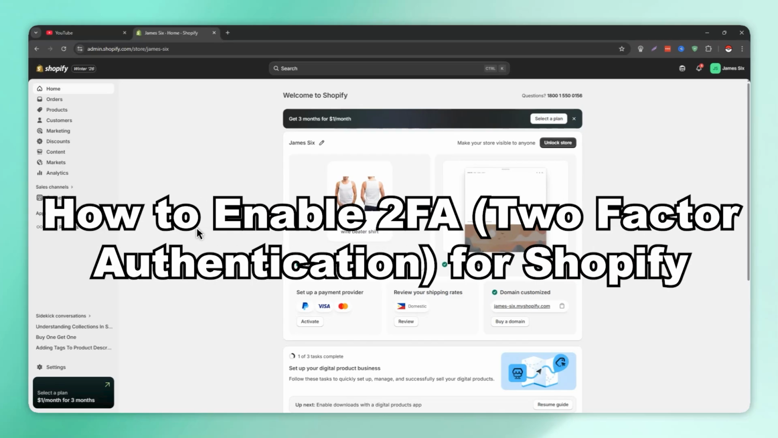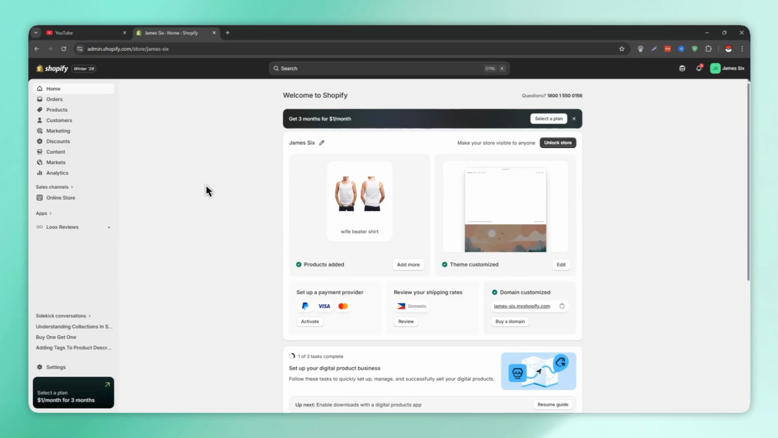In this video, we are going to show you how to enable 2FA or two-factor authentication for Shopify. If you want to enable two-factor authentication to prime up your security even more for your account, it's actually not that hard. You need to be signed into your Shopify account, and once you are in your admin dashboard,